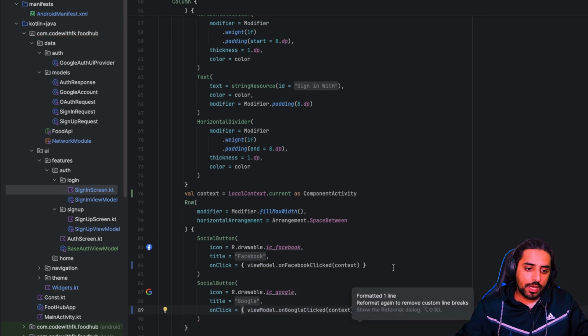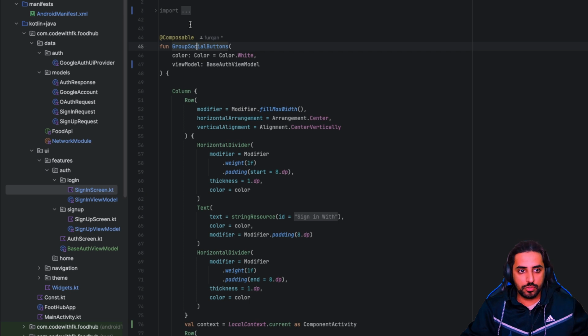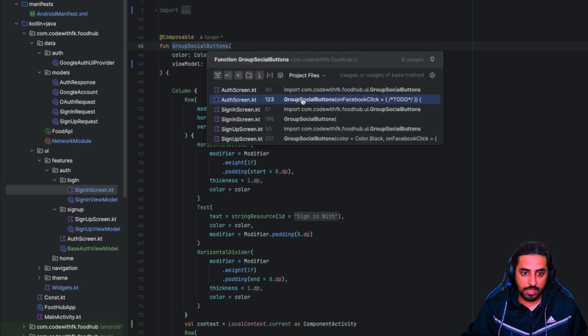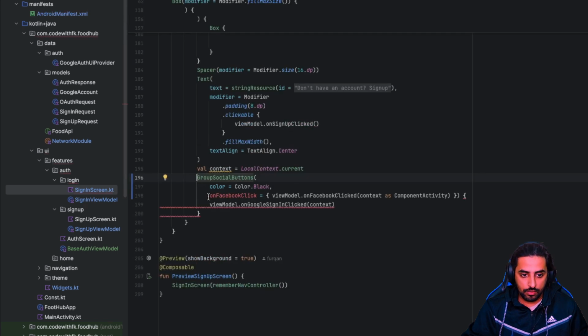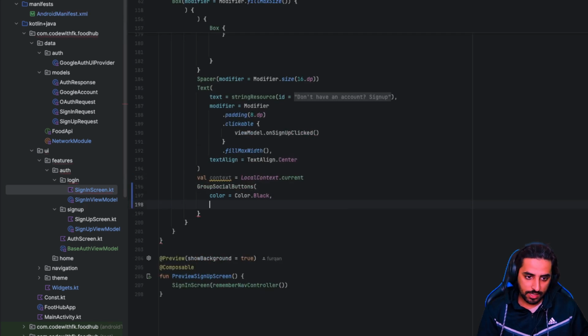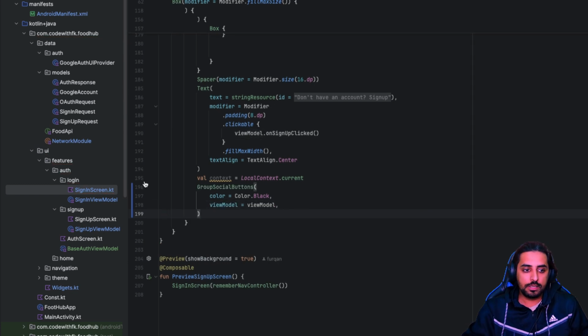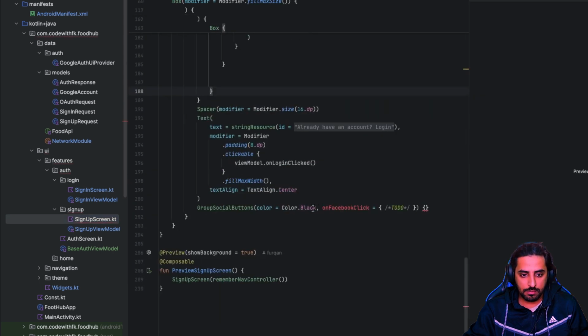Now you see that this group social is not giving any callback to the stuff. So over here we'll just get rid of this, and in fact we'll just pass this view model. That's it, right? That's for the sign in screen. The same thing is going to be for the sign up screen. Since we are not using it, we'll just get rid of this and pass a view model to this,